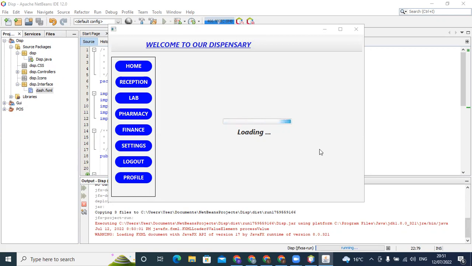We can build it more and more and more. And this is just the interface. We haven't touched anything to do with, of course, the controller, but we can do that in our next session